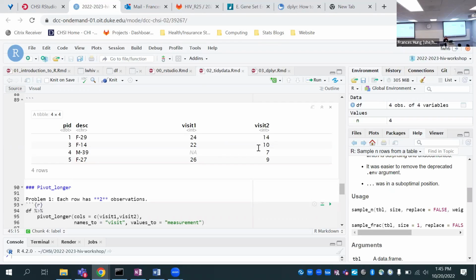Okay. I also just want to point out too, all of the tidyverse universe expects this kind of format. So if you run ggplot, for example, maybe you want to plot a trend over visits. You'll see later when you learn how ggplot works, it's very easy to separate out the visits by color or whatever by just saying color equals visit, and then we'll give you 2 separate plots on the same axes.